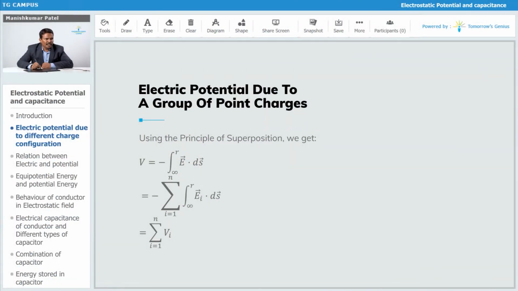So the electric potential due to a group of point charges, that you can also calculate. Up till now I have seen the potential due to a point charge only. Now you can calculate the potential due to n number of charges. Let q1, q2, q3 up to qn be the n charges I have, and let P be the point where you have